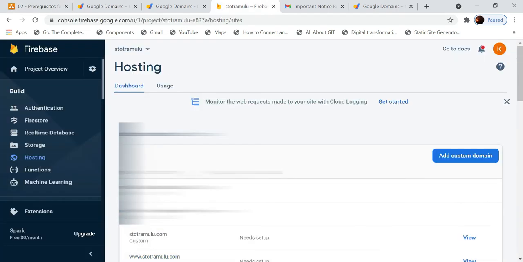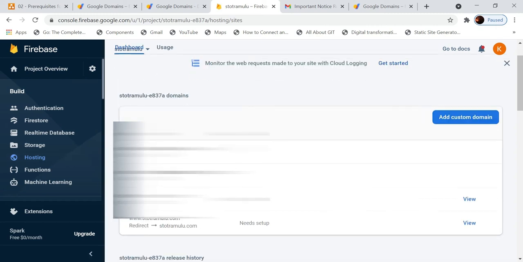Okay, so as a first step, what we need to do is go to our Firebase hosting account. So just log into your Firebase, go to the console and come to the hosting page. As we have seen earlier how to navigate to the hosting page, I am not repeating it. So we just have to come to the hosting page, and on this hosting page, these are the domain names which are given by Firebase to me.